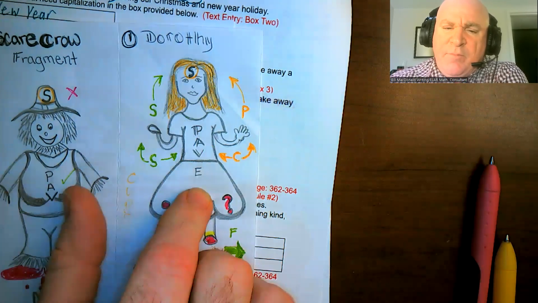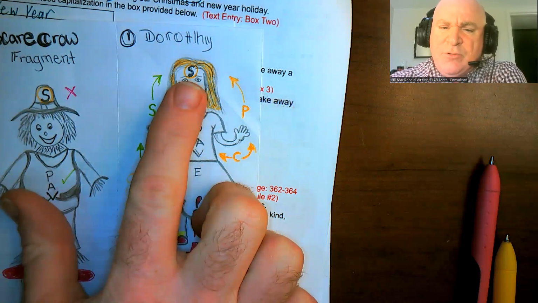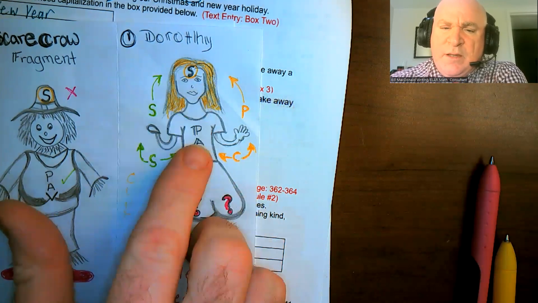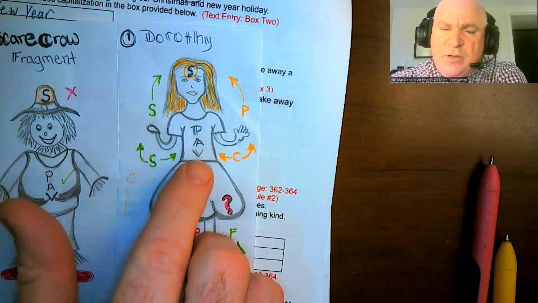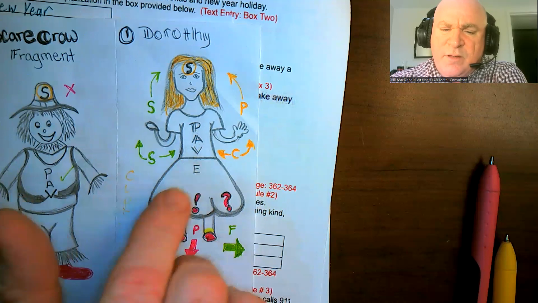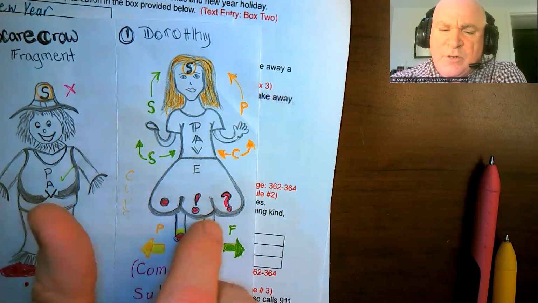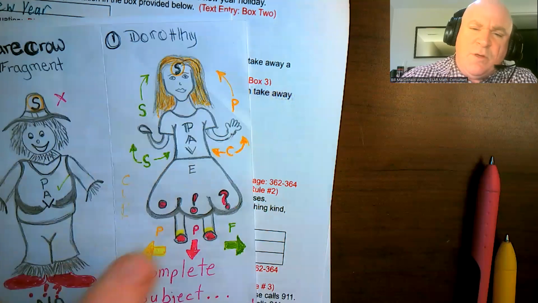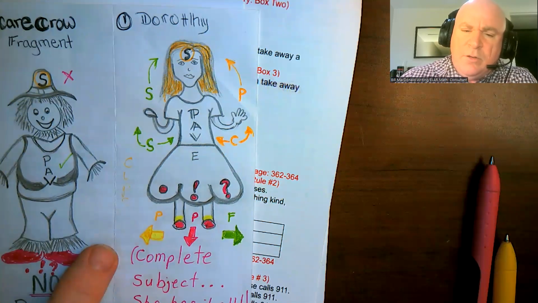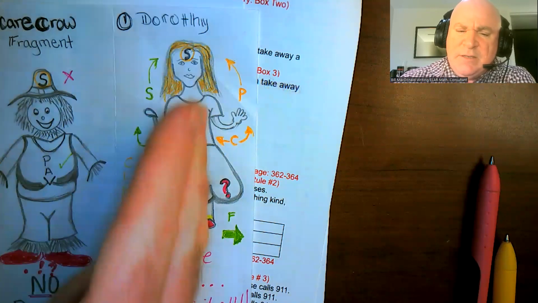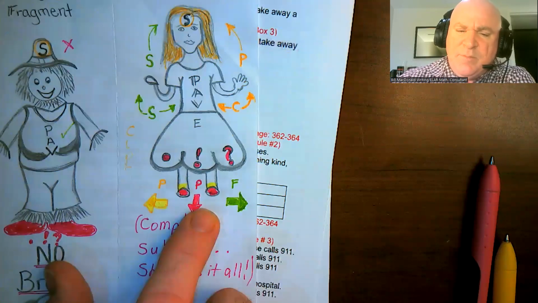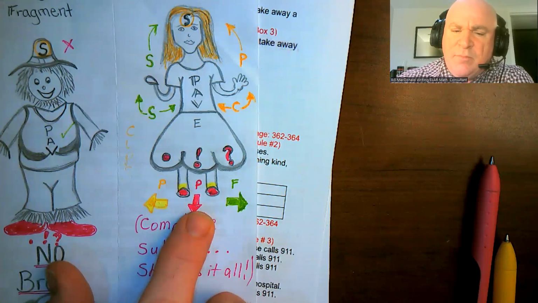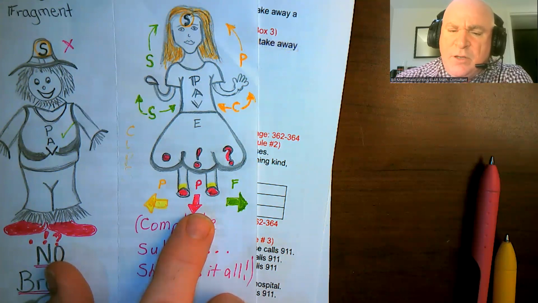And the reason I use the acronym PAVE is a sentence is like a street that we pave with a subject and a predicate, the action, the verb, and then some sort of ending, a period, exclamation, or a question mark. So whenever they ask you the question, what error or what change should be made in sentence blank, it means that sentence blank, whatever the number is, has a problem. And in usage, many times, if you only look at the sentence they're asking you about, the red light, you won't be able to